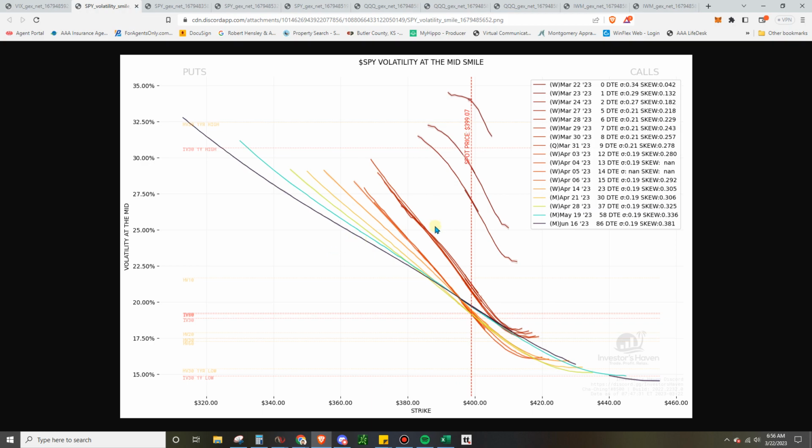All right, so let's look at the skew. Skew, again, we're elevated in the next three expiries, so that's what I'm focused on. It's just into Friday, so today into Friday. You can see the rest of the structures are fairly similar. We've got some